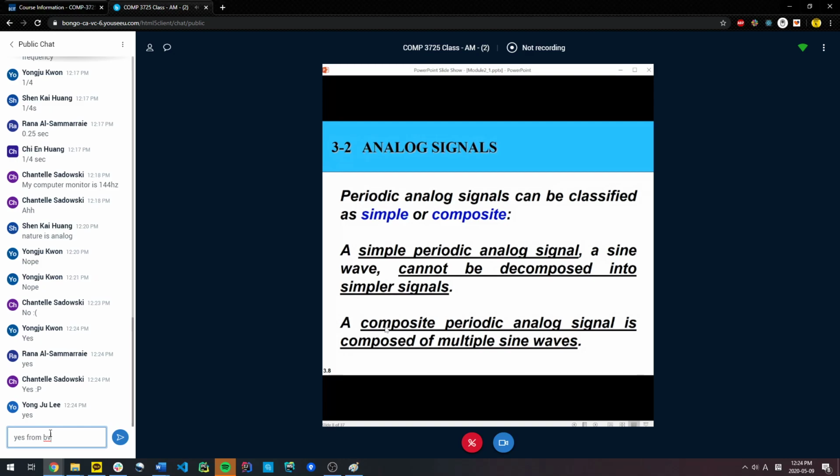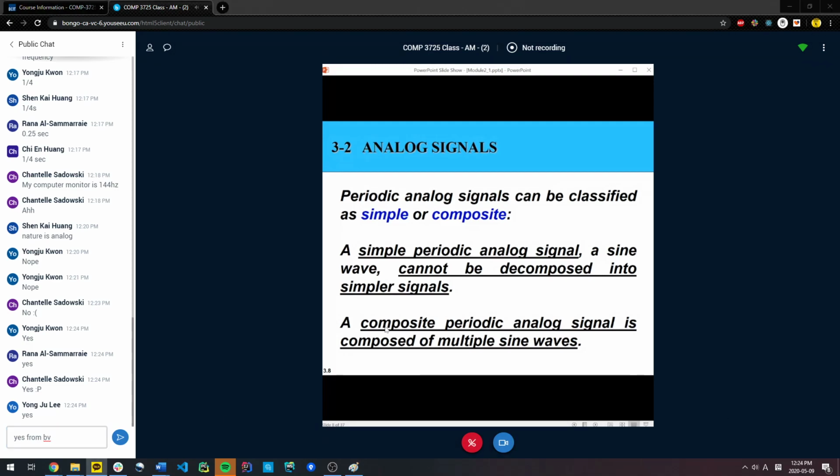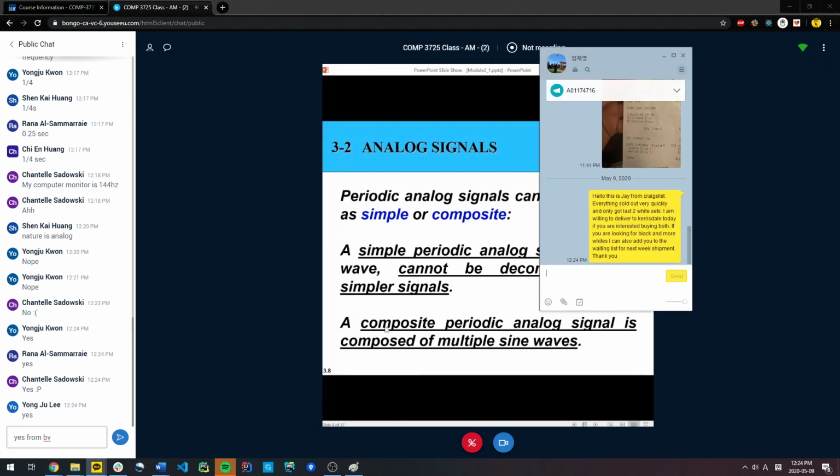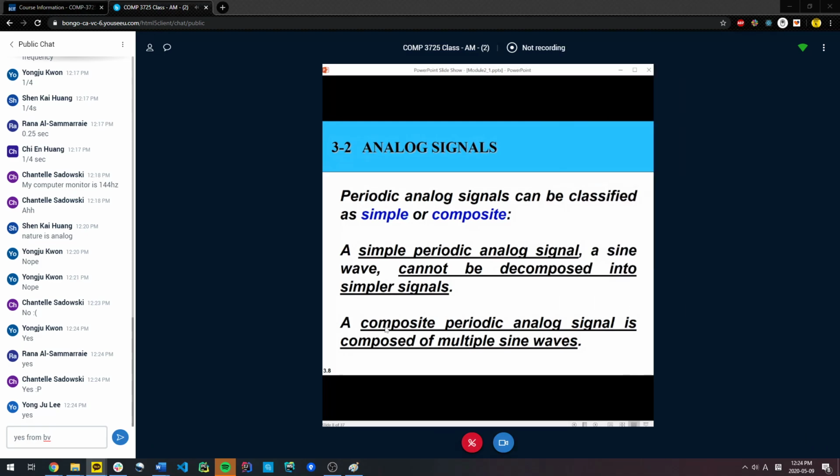In fact, every instrument is capable of producing single tones. True, if you press a note on the piano, that's a single tone, right? The collective tones from the different instruments, in fact, become a composite signal. Let me say that again, right? If you start to think of what simple versus composite really means, and I will give you an analogy to